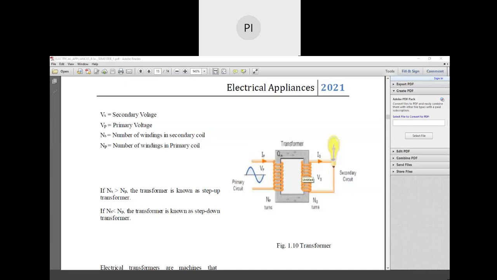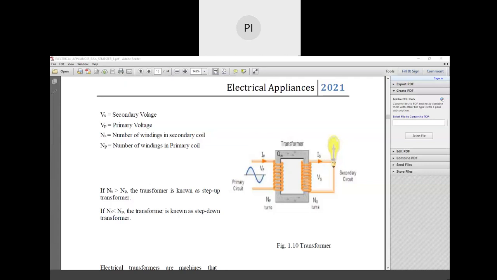We see step down transformers in a telephone charger. If you are charging a telephone, we use a charger. In a charger there are instruments like a step down transformer, a bridge rectifier and the DC voltage output. In the primary circuit, we apply 230 volts by connecting to the mains. Then that is stepped down to nearly 10 volts, which is an AC voltage.